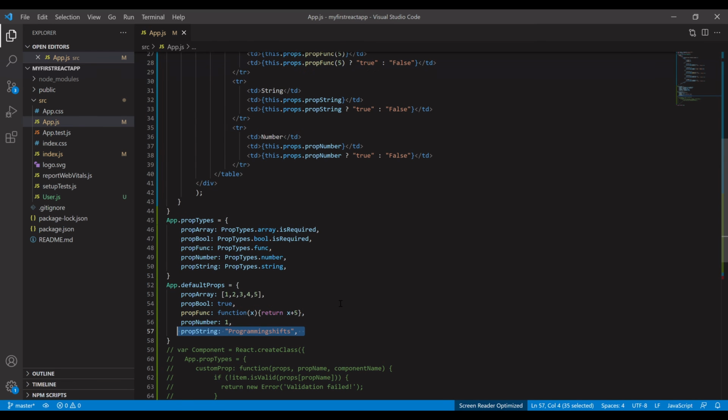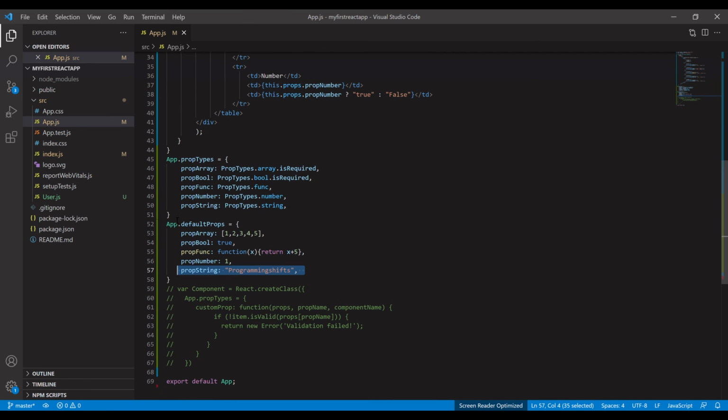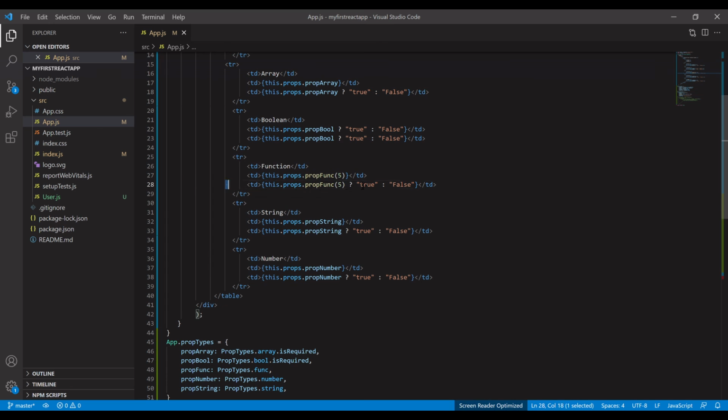Okay, so when we render this, it will display the message. So the first thing you have to do is define the propTypes, then pass the default values, and this is the validation. You will see the validation. Okay, so let me go and execute this one.